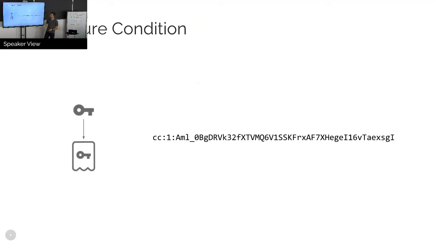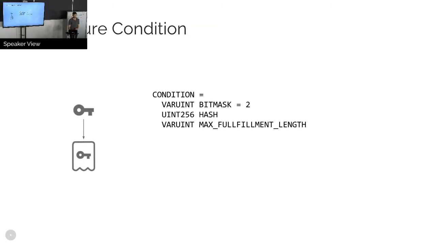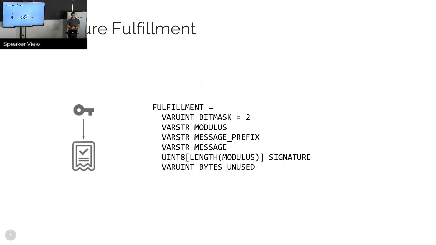And it's basically a little prefix, and then it's the base 64 encoding of this condition object that I showed you. Okay. All right, so now how do we fulfill this with an actual signed message? Well, we need, again, the type. We need, again, the modulus and the prefix. So this is basically to make sure that the fulfillment actually contains all of the information that we need to generate that hash, so that we can actually verify that this is a fulfillment for this specific condition that we've presented previously. And then it has the actual full message that is being signed, the signature itself, and then this